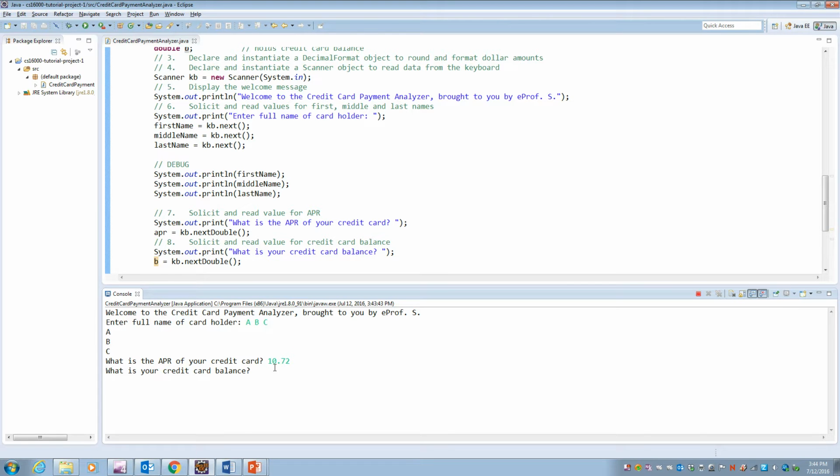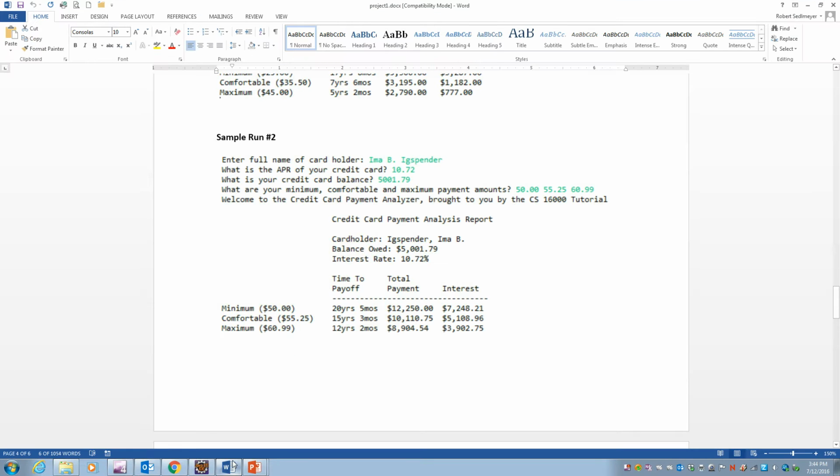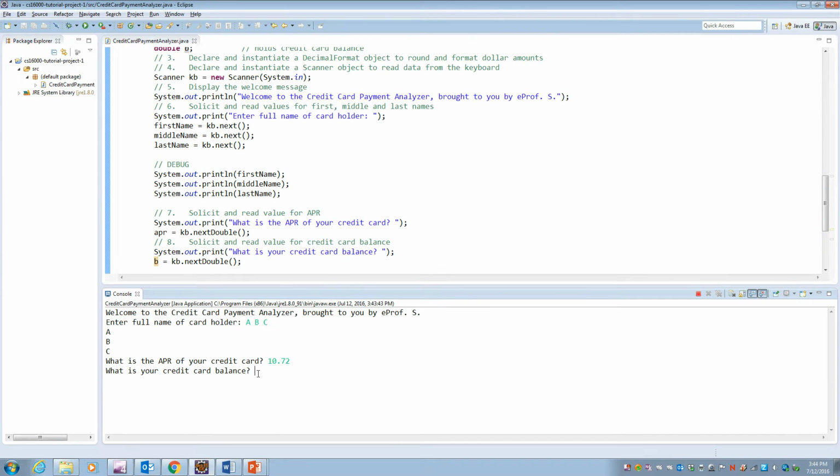And my memory's not that great, so I'm going to go back and check: 5001.79. And notice in entering the dollar value, I do not enter the comma. So there we go. 10.72,